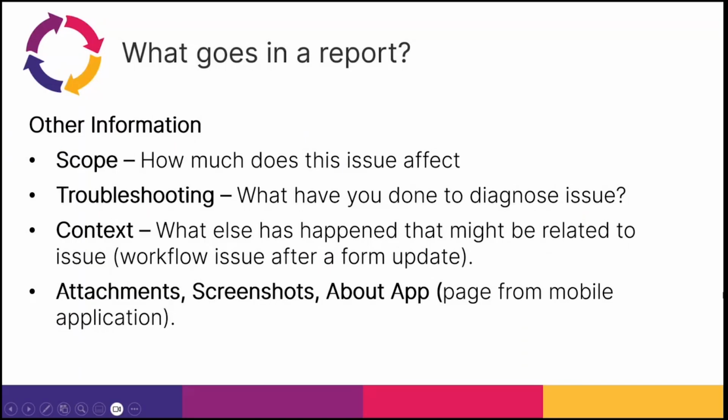Cool. Last but not least, what goes in a report? Attachments, and screenshots of the About App page. Generally speaking, if you can include attachments, it's nice. If you're working with a data view, include an export and highlight the rows that are affecting you. If you have an issue with the user interface not showing correctly or something going wrong, take a screenshot. If it's in the mobile app, the reason I wrote the About App page is that in the About App section